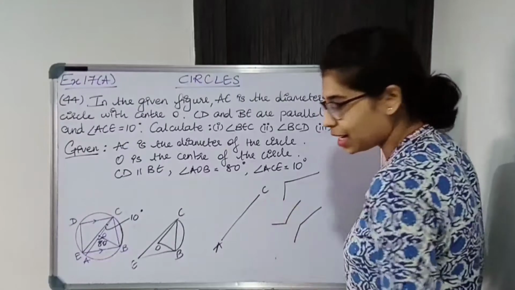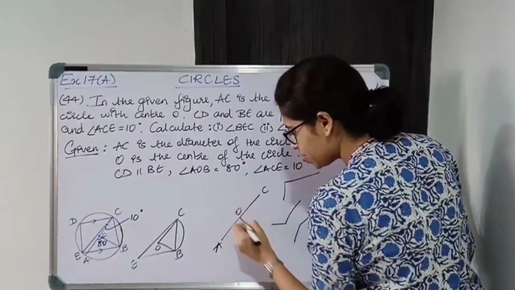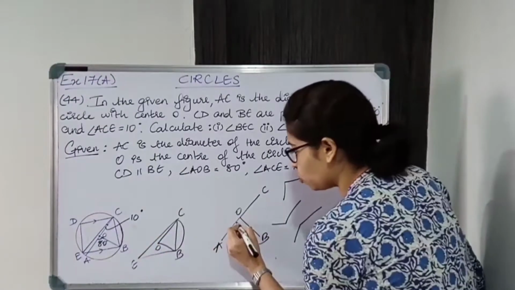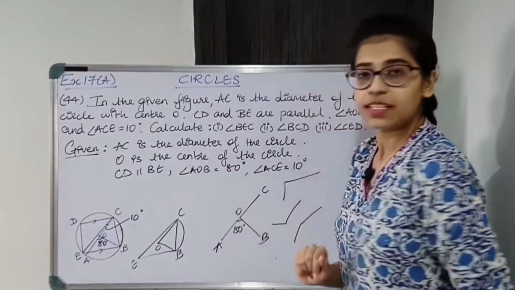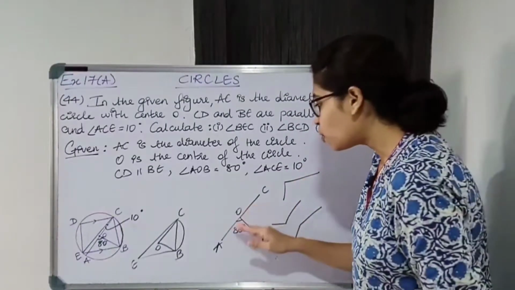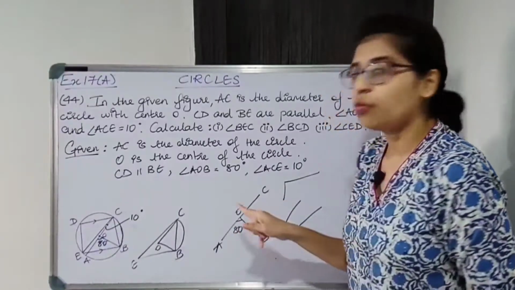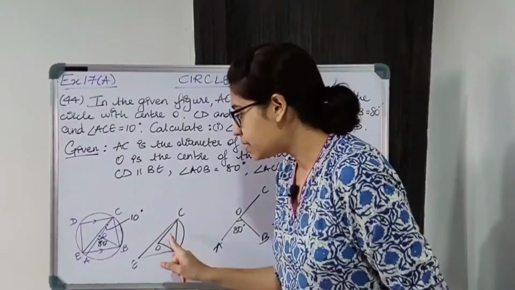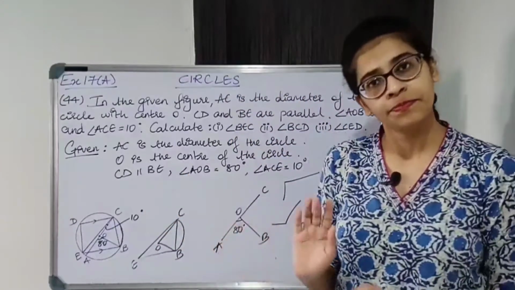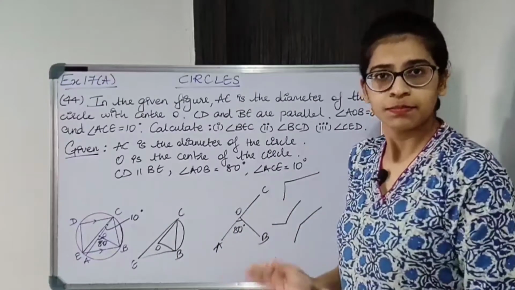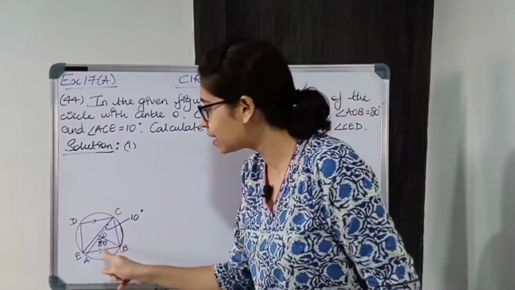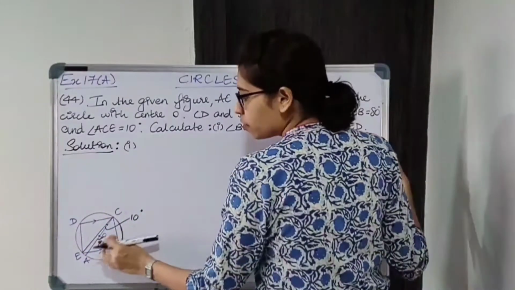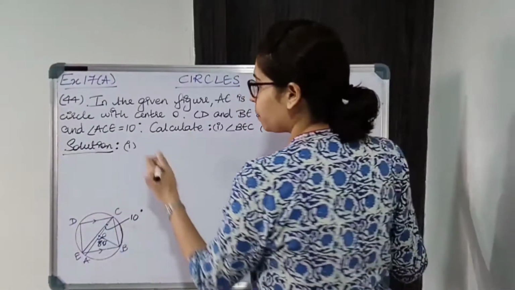So AC is a straight line where O is the center and OB I can say is the common arm over here. I know angle AOB, it is 80 degrees. So I can find this angle because this is forming a linear pair. AOB and COB are forming a linear pair, so I can find angle COB. So once I find angle COB, I can find angle BEC. So it's very easy. Now in the first part we have to find angle BEC, and for BEC I need to know BOC. So for BOC I need to use the linear pair property.